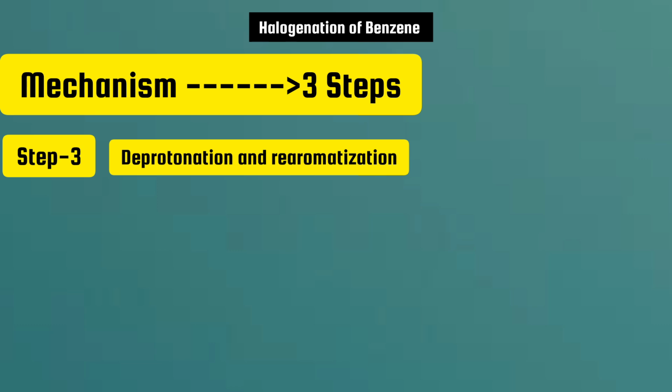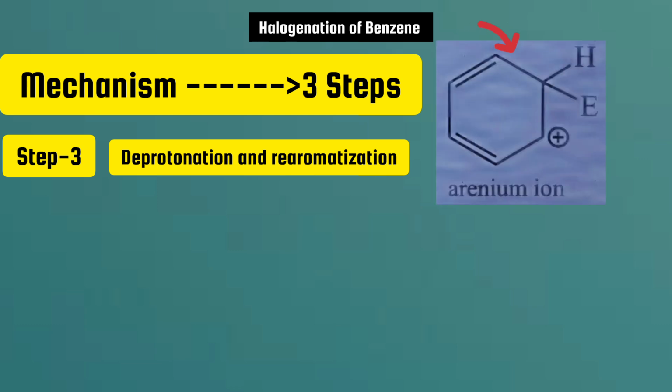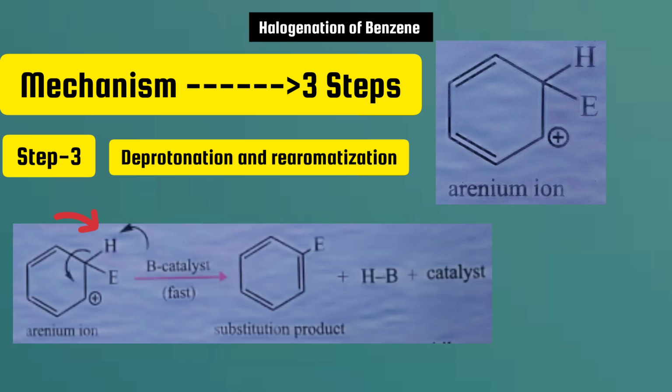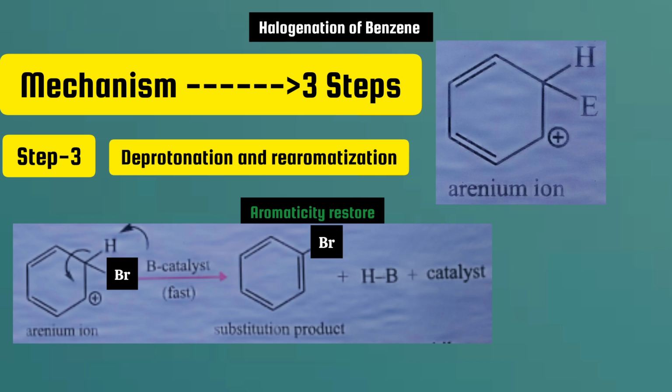In step 3, the intermediate arenium ion, a non-aromatic species, is unstable. It loses a proton to form a stable aromatic substitution product. So in the last step, the aromaticity is restored, giving bromobenzene. So the overall reaction is the substitution of a proton by an electrophile on the aromatic ring in the electrophilic